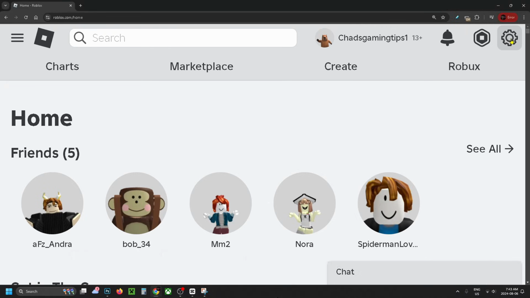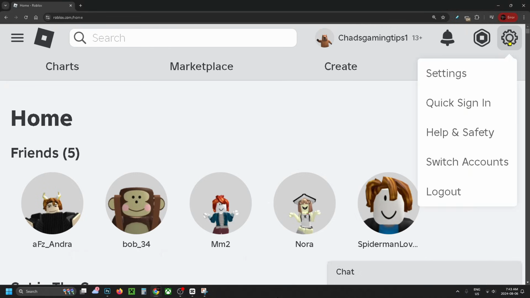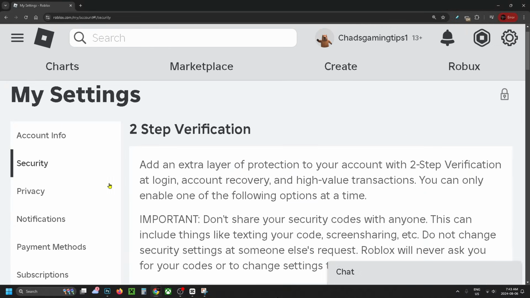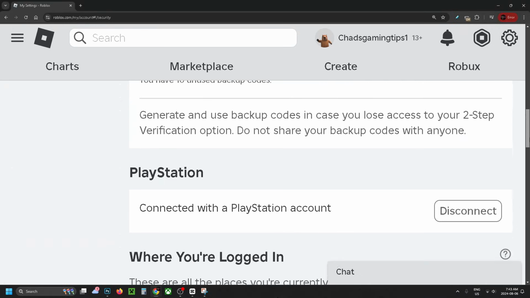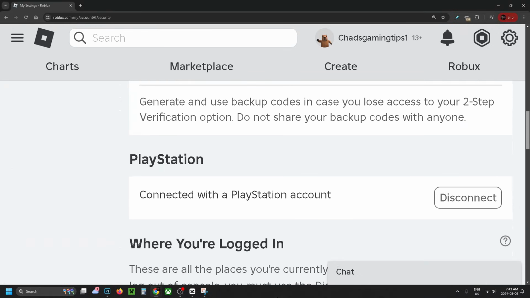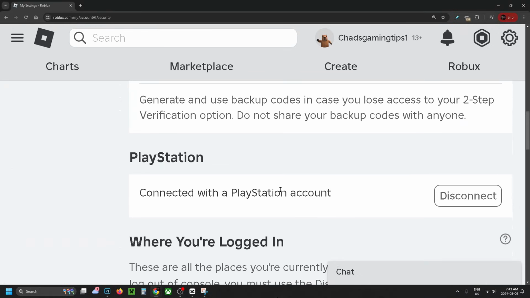Then, what you want to do is select the settings cogwheel in the top right corner and go to settings. From here, you want to select security on the left sidebar, and then scroll down on this page, and just underneath security is where you should be able to see PlayStation. So it's going to say you're connected with a PlayStation account, and what you want to do is click on